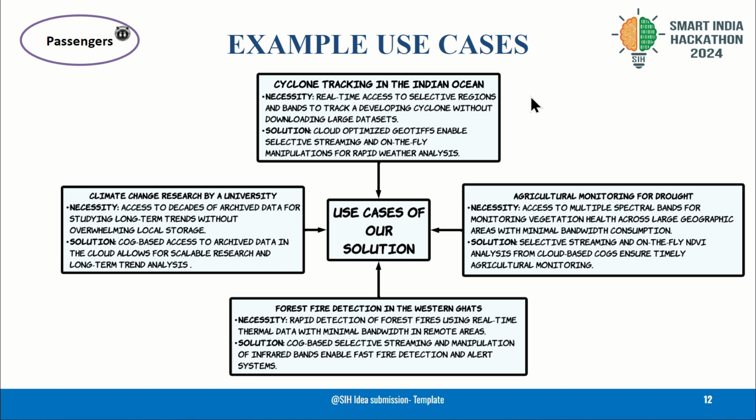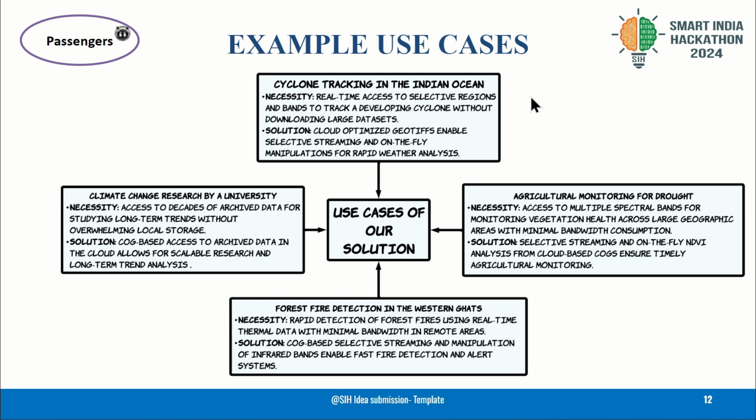agricultural monitoring for drought. So let's say there are vegetations, and some vegetations need water, or some suffer from malnutrition. So we know that radiation is a material property. So from satellite data we can get the idea, on a large scale, let's say agricultural land, what is the state of the vegetation, are they healthy or not, that kind of information we can get from satellite data. So here is the solution: selective streaming of on-the-fly NDVI analysis from cloud-based COGs ensures timely